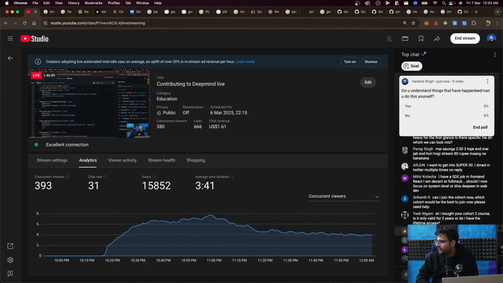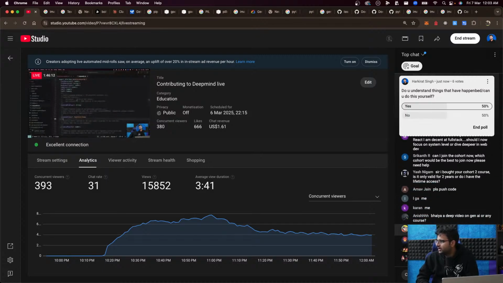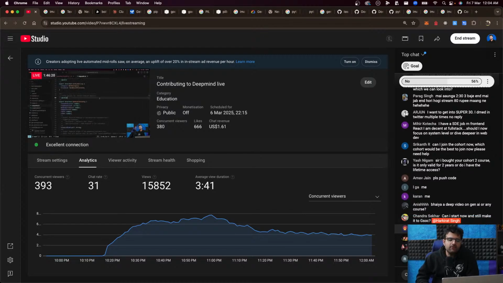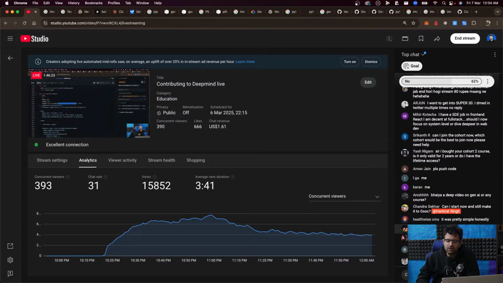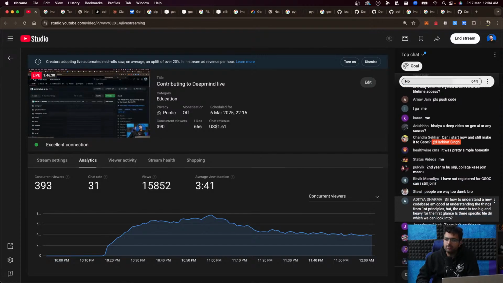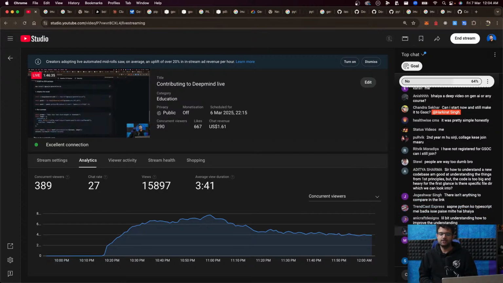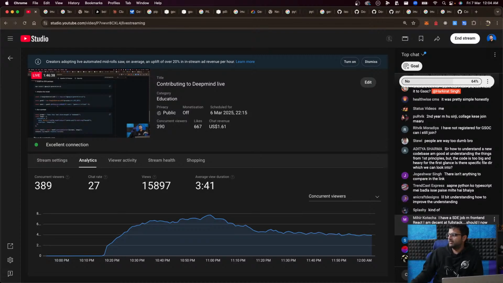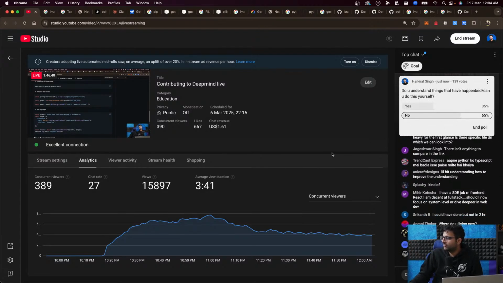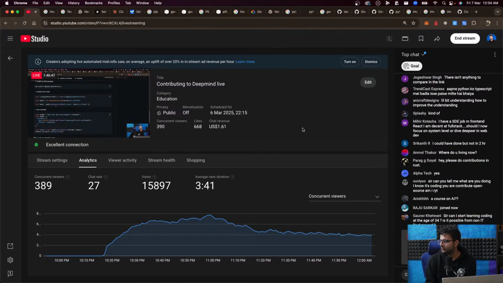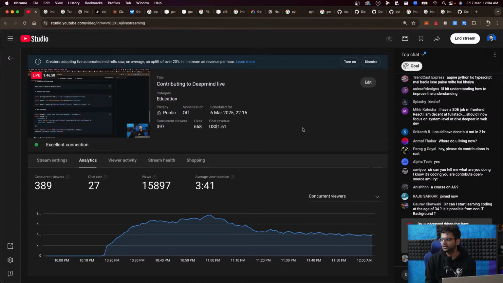I pushed the code. I have pasted a link to it as well. Most people said no, but not majority, only 60% said no, which is great. Then why are you guys not contributing? Now I want to know the reason. There's such an obvious opportunity out there. Any reason you did not contribute to it? How was I the first one to be able to reach here? Tell me, because I guess that's what being high agency is. I guess a lot of people are smart. For example, in this case, 35% of the people are smart and would have been able to do this themselves. The question I have for those 35% is, what's stopping you from contributing, doing these things yourselves?